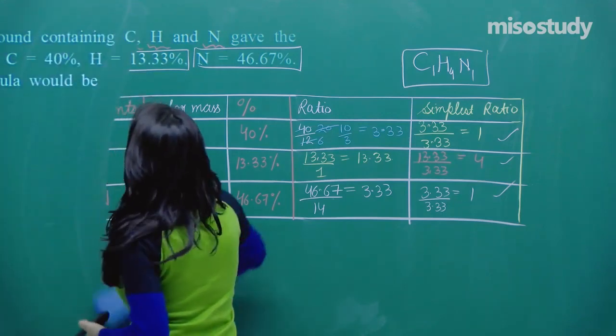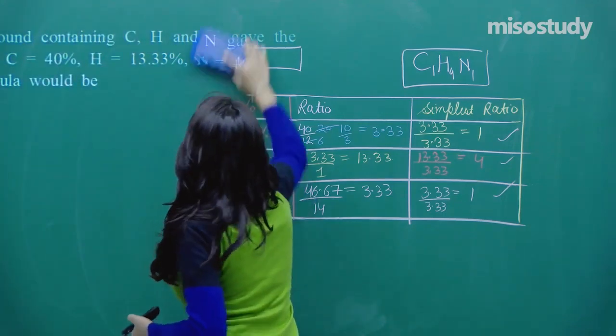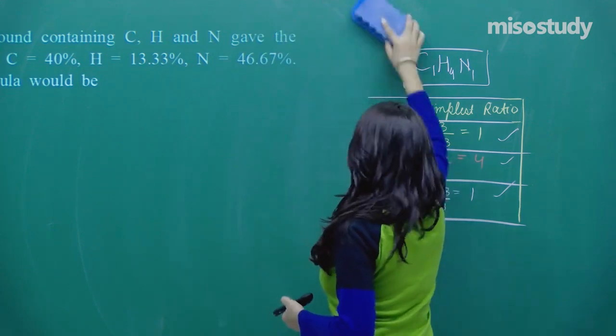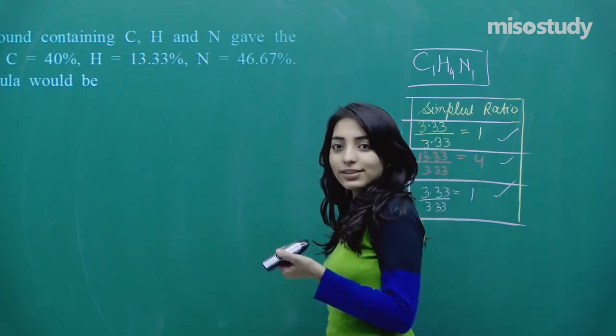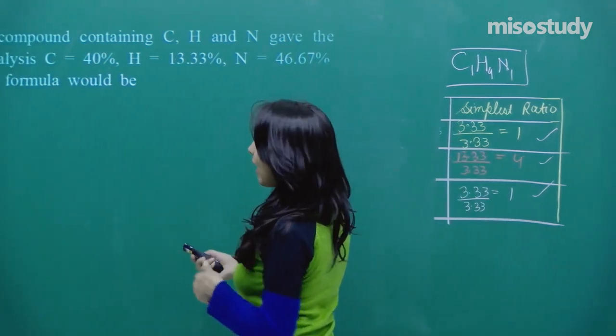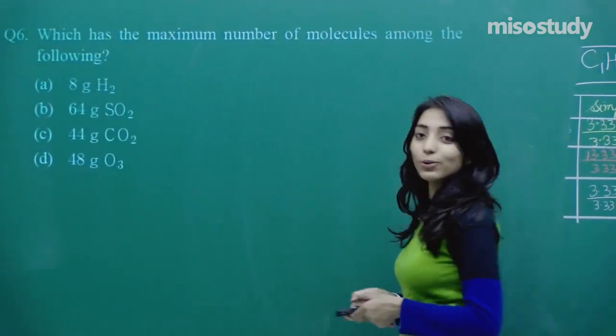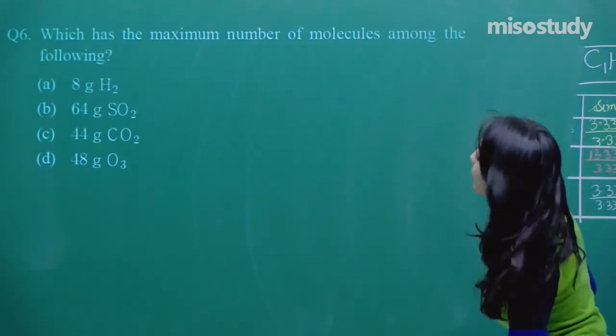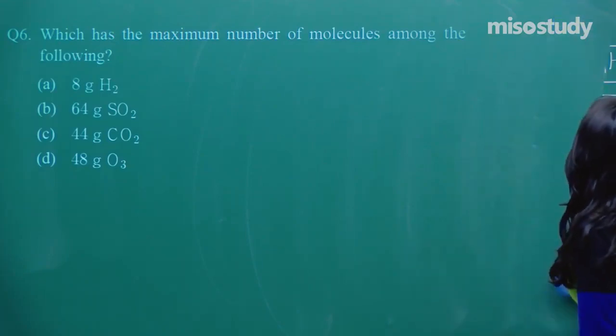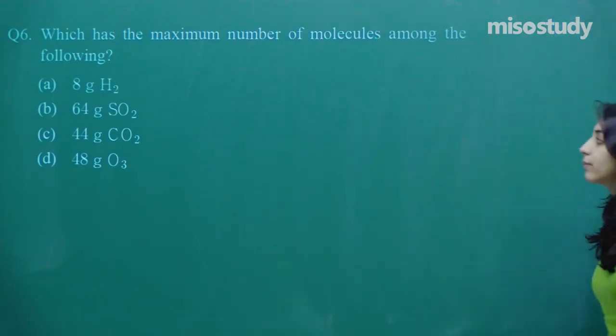Now I will put on screen the next question, which is question number 6. By the way, you must be relaxed, right? Now since half of the lecture is already done, so you will be like, wow, only another half left, right? Okay. So you can read out the question.